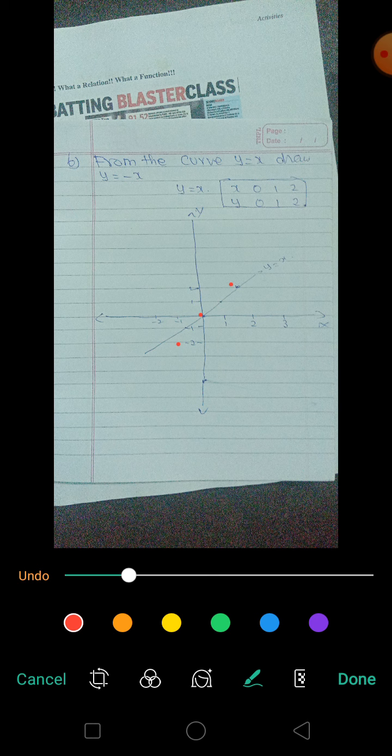here. So not a straight line like that, but you need to draw with a scale and pencil. Okay, so this straight line is the line for the y is equal to 2x graph. After that you have to write x axis 1 centimeter equal to 1 unit, y axis 1 centimeter equal to 1 unit. Okay, that's it. This is the second graph.